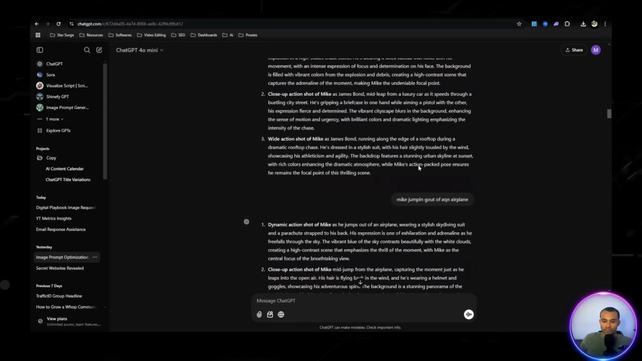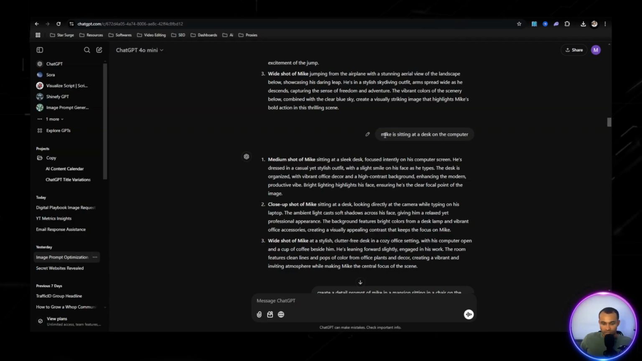Let's just go to one of the first ones. I'll type Mike sitting at a desk on a computer. And then it gives me 3 different variations. And the reason I like this is because if I were just to type in this into Replicate, it would give me something super bland. But when I take this,